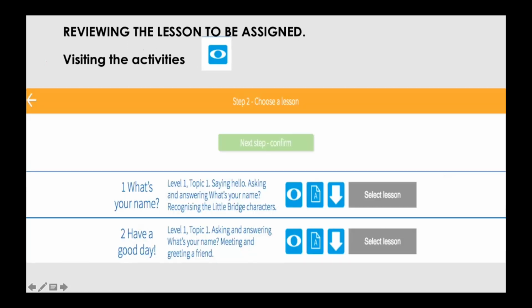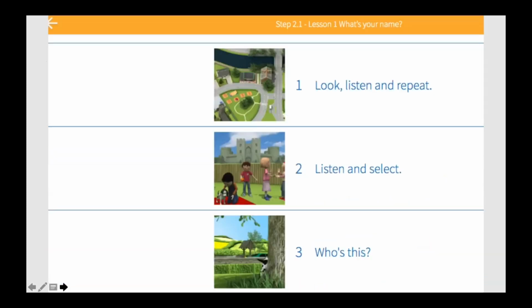So when you enter and choose a lesson, you are here. It means the platform is going to allow you to visit the digital activities. So you click, and then the activities of that lesson, in this case, the lesson is called What's Your Name?